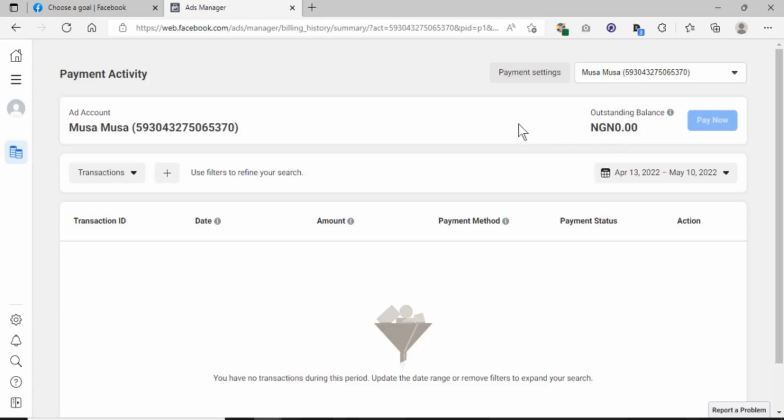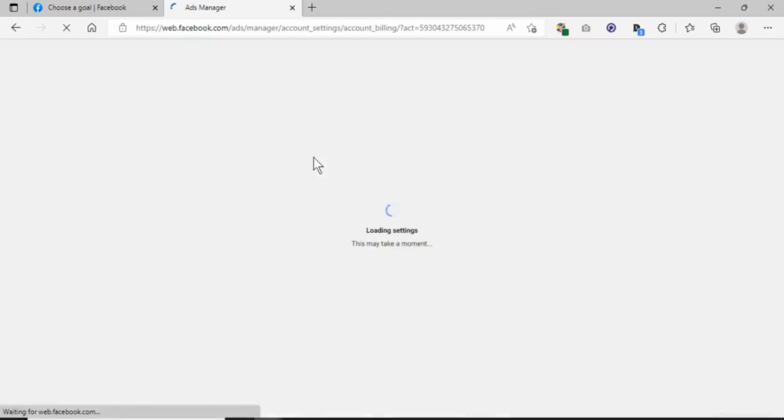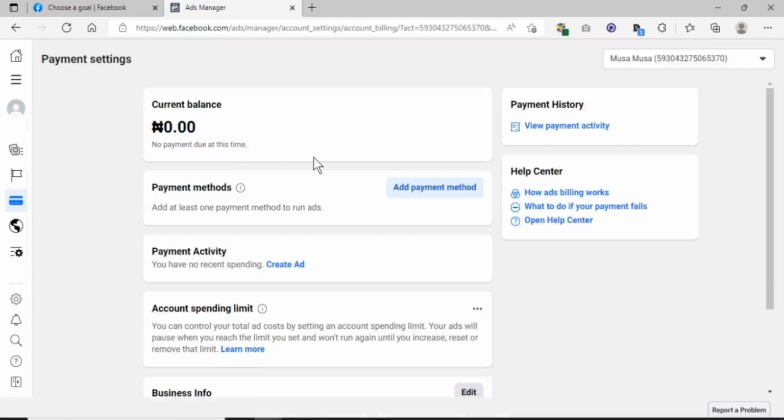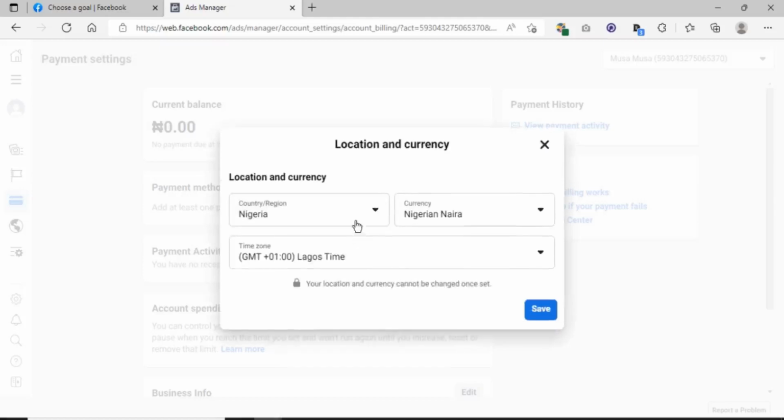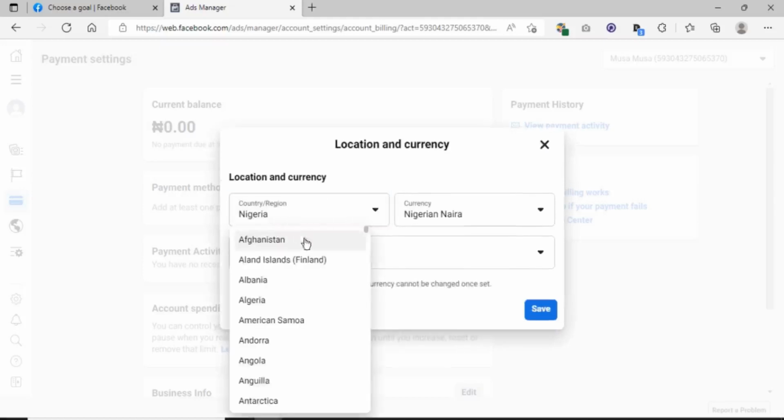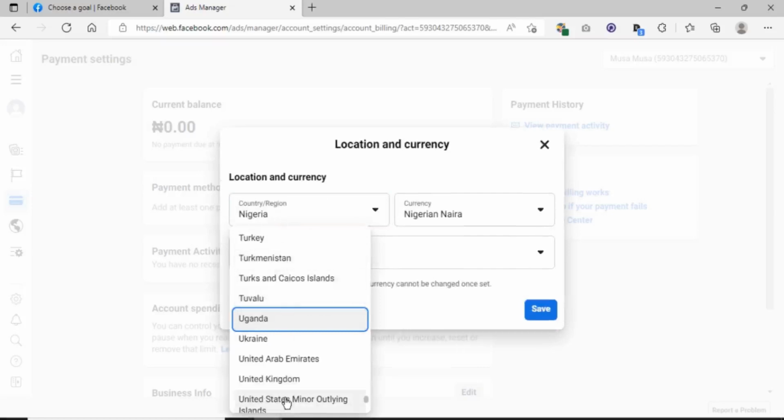Okay, so then we go to payment settings, and when you go to payment settings, you get to add your credit card. When you add your credit card to the account, they get to charge you for everything you'll be doing, or your advertisements, or the amount of money that you would need to pay to Facebook for advertising your products and services. So you can add a payment method, and this is just straight away. You can just add your country. For example, if you're watching this from the United States, or let's say from the United Kingdom, and you add your